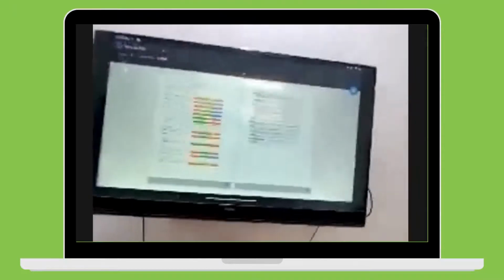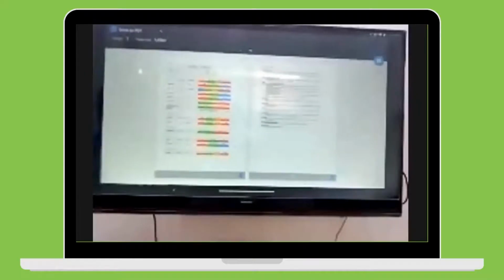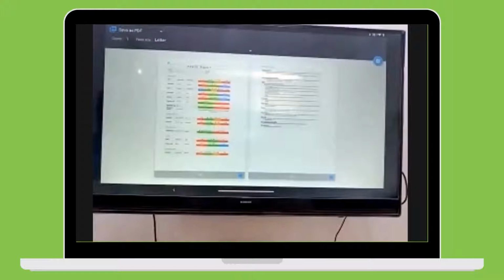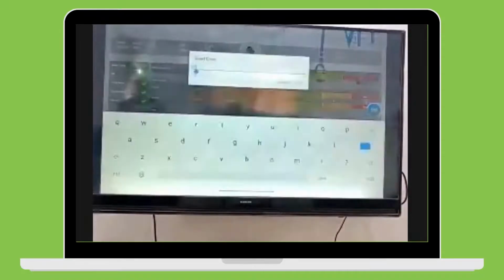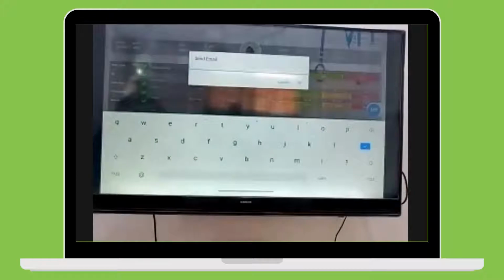When you take a print of this, it shows you the ranges, and then it shows some recommendations also. So there is some logic built in according to your different vitals. If they are overshooting above the normal range, then it gives you some recommendation. Then you can email the report. So I'll just put my email ID, and then I can email the report.